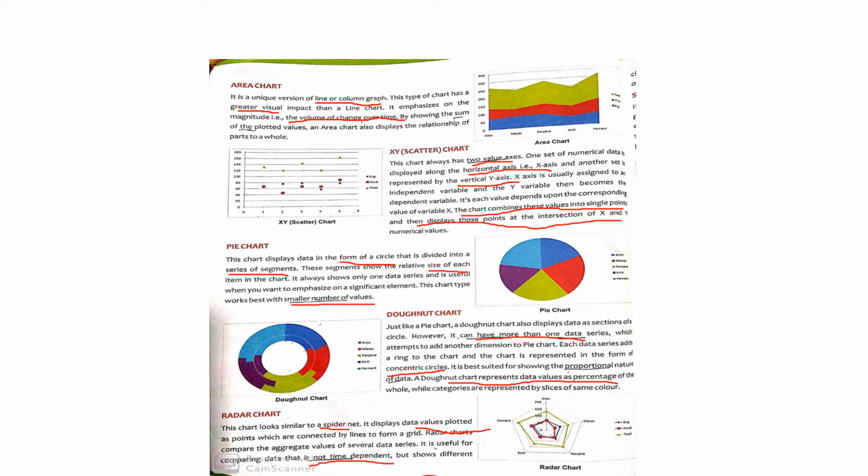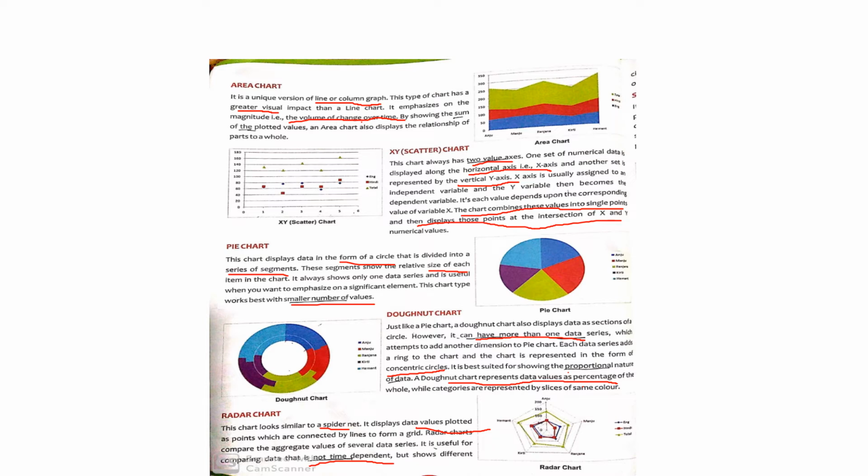So the total green line is starting from 132 to around 260. So this area chart can be used to find the sum of the marks, which means all these things can be plotted into one graph and the relationship of the total to the subjects can be represented using